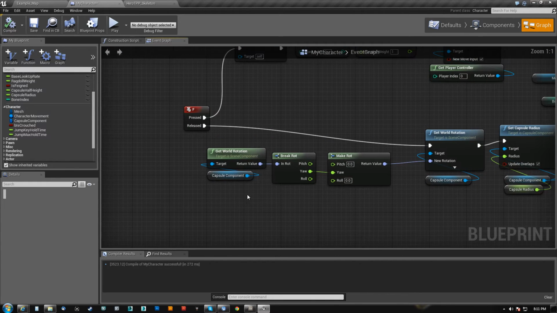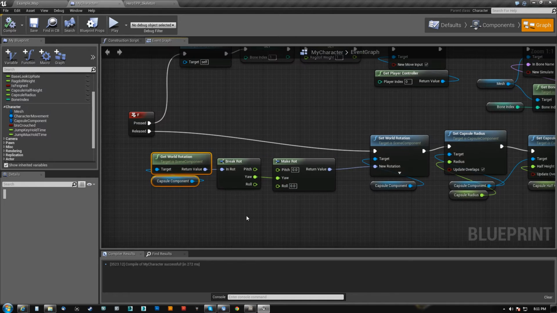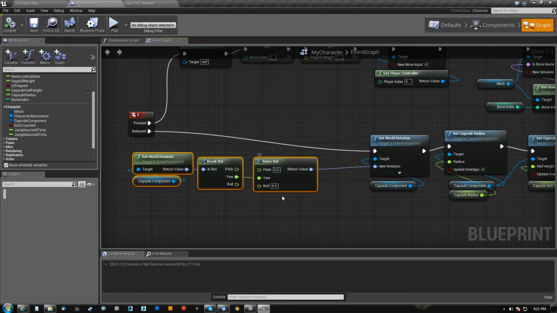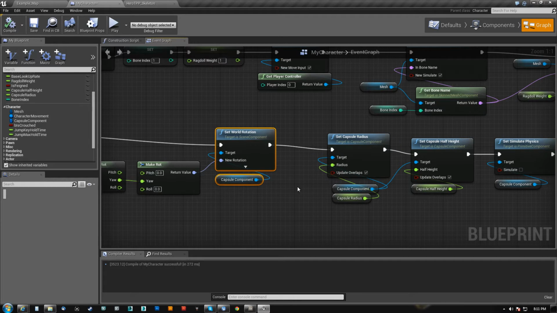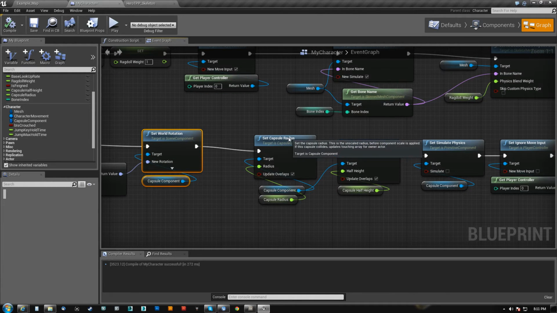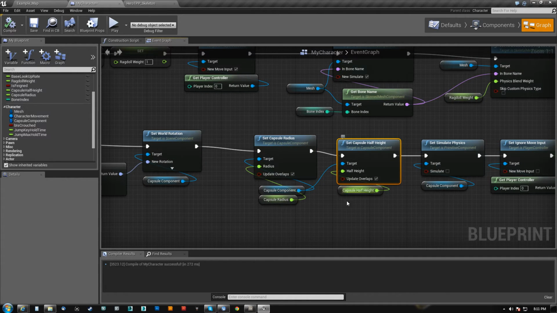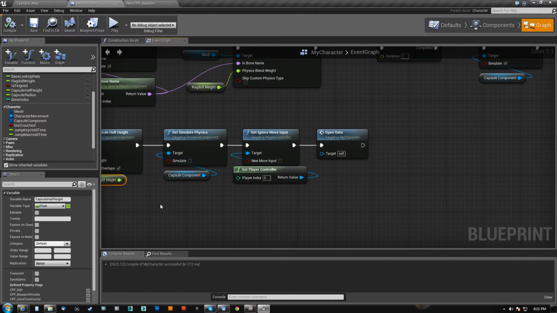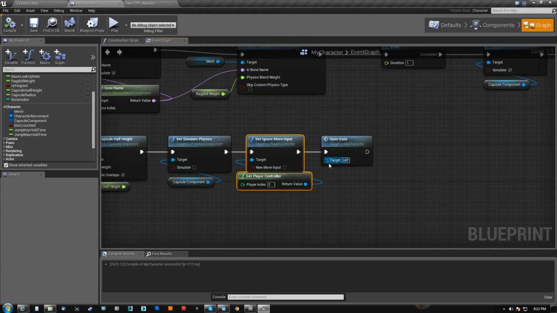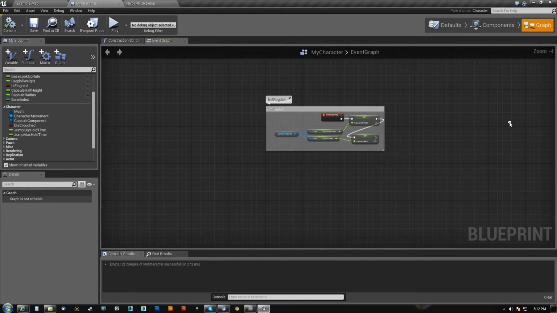When we let go, okay, we simply reset the pitch and the roll back to 0, because those can actually change during the ragdoll. Okay, and we set that rotation here. Okay, we set the capsule radius and the half height back to their original values, which were stored on begin play. We turn off physics, we turn on input, we open the gate,